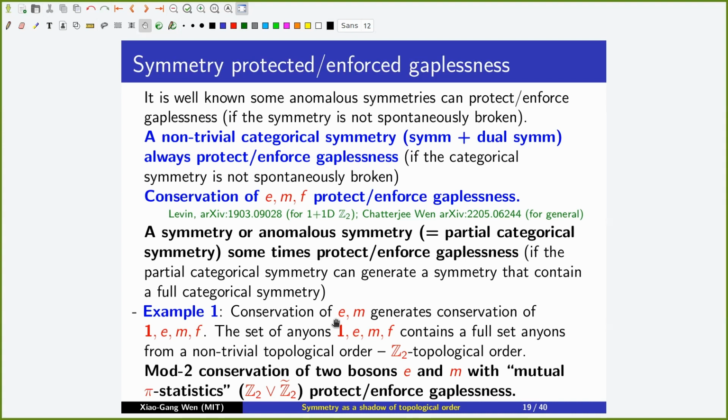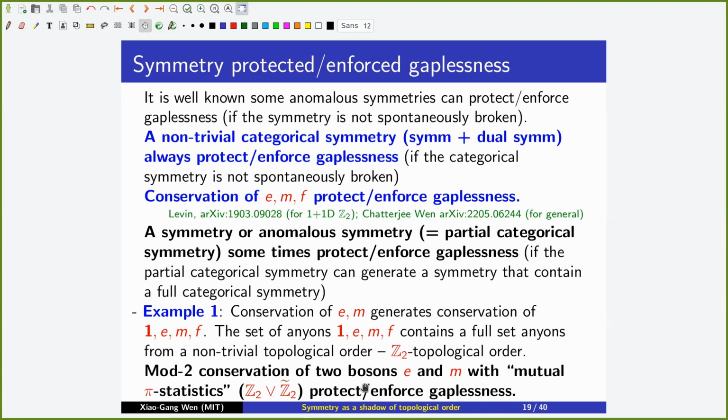For example, let's consider just E and M. If you only consider E and M, these are two Z2 conservations, and that is enough to enforce gaplessness. And in our language, it's pretty simple because in the bulk, the E and M can fuse. They fuse to the generator F. So although we consider only a subset of the symmetry, this subset is big enough to generate all other anyons, all other symmetries, then that's enough to protect